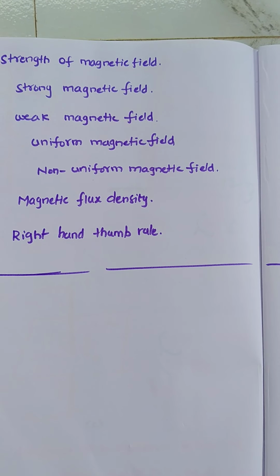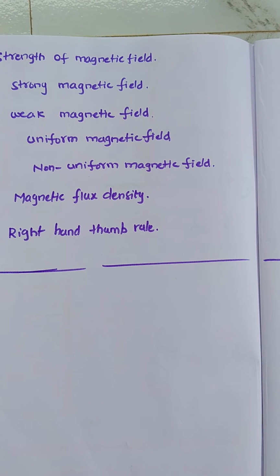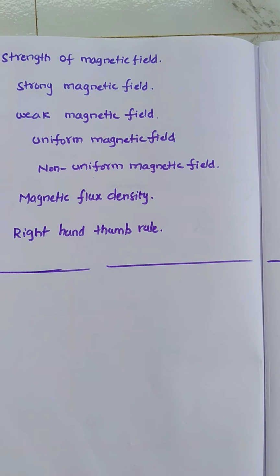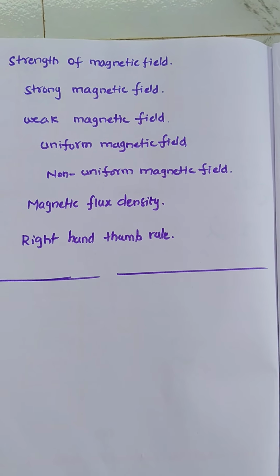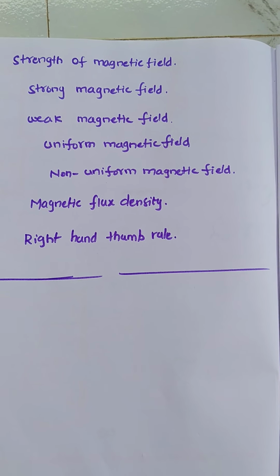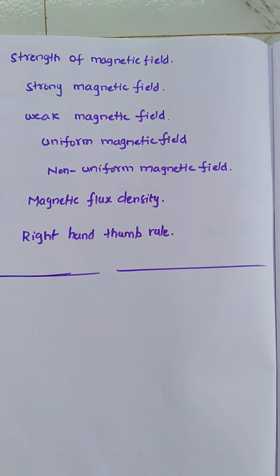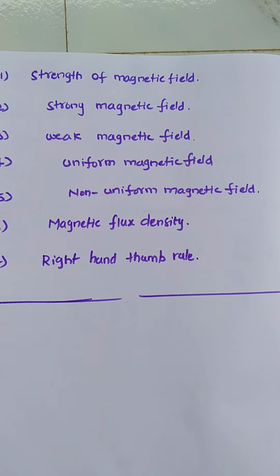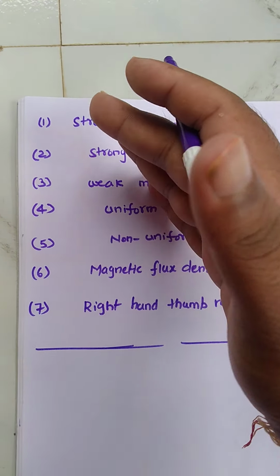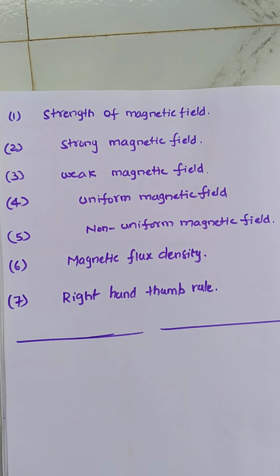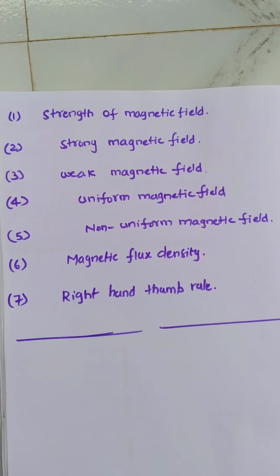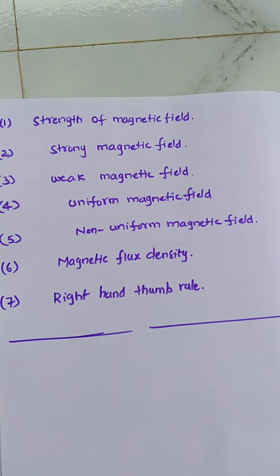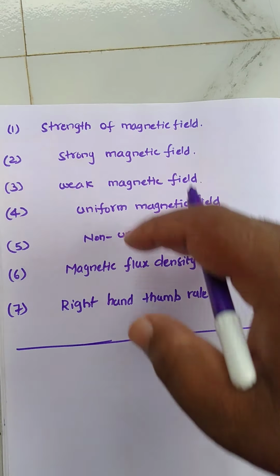Already I told you it is somewhat a little bit tough, and one more thing, it is a long chapter. So for that reason, I will discuss one or two concepts every day, right? Why? Because we already completed almost all lessons except this. So today I am going to discuss a few small concepts in this magnetic effects of electric current. I hope after completing the class, you will be clear about all these concepts.